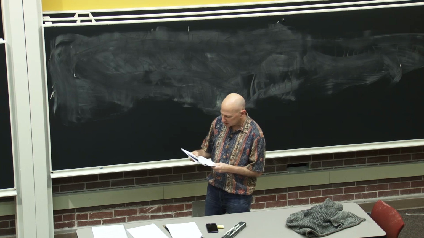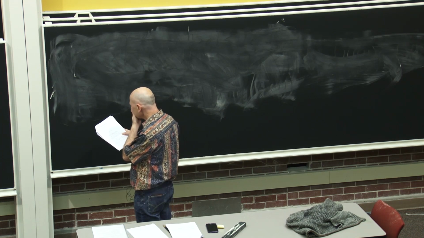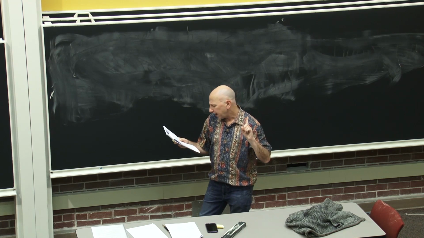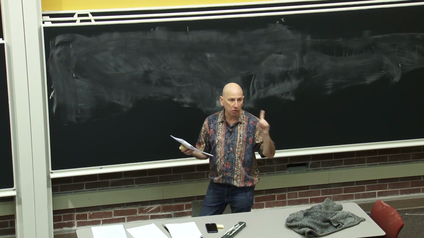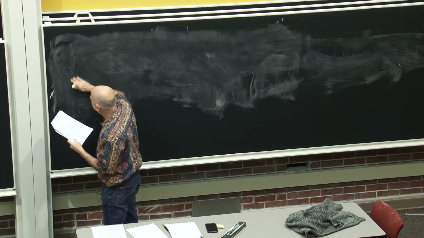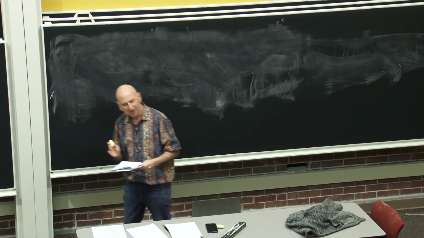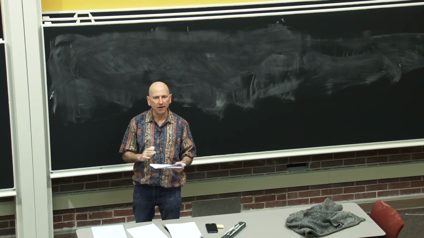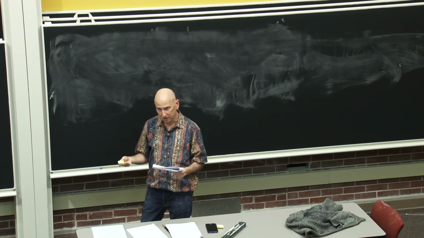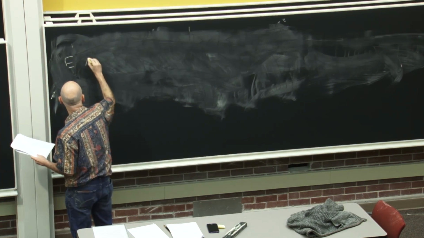Okay, so let me tell you what the problem is first. I'm going to tell you what the mean squared error is. This is theorem 5, equation 15. I wrote it down first for the one-dimensional case, just because it's much easier. This is a pretty messy theorem. The conditions are messy. The expression is messy. And we're going to do a proof outline. I'm not going to do the full proof because it's actually very long, although it's not technically complicated, it's just long. But let me state the result first and say what the problem is.